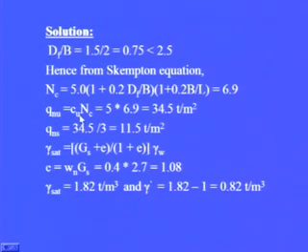and net ultimate bearing capacity, for the case of clay soils in which phi equal to 0, is Cu NC. So NC we obtain from here, Cu is given, so 5 into 6.9, that is 34.5 ton per meter square. Now Q net safe can be obtained if we know net ultimate bearing capacity. If we divide it by the factor of safety, we get this as 11.5 ton per meter square.